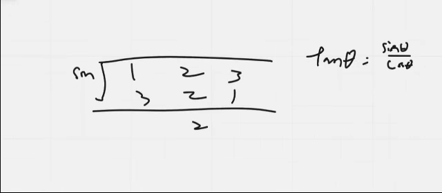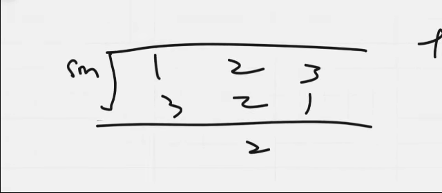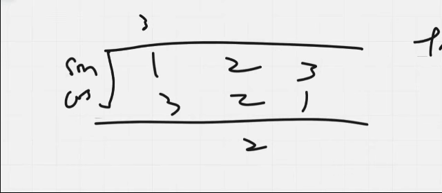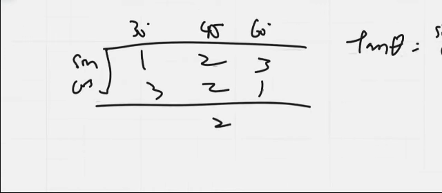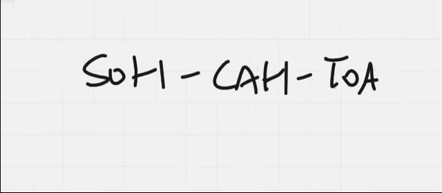So anything you have on this graph, you can just divide them. And with that said, we also learned the acronym to remember sine, cosine, and tangent. It will be SOH CAH TOA. Sine is